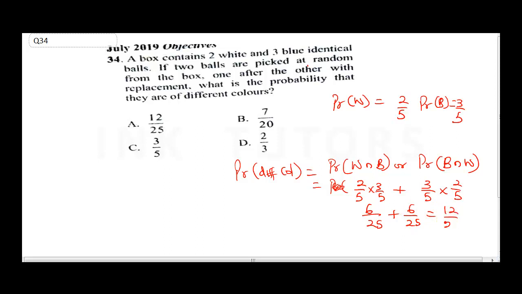Now, reducing 12 over 25, can it be reduced? What can divide through? So nothing can divide through. So that means our final answer is A. It says nothing can divide. Now the next question says, find the equation of a straight line passing through a point